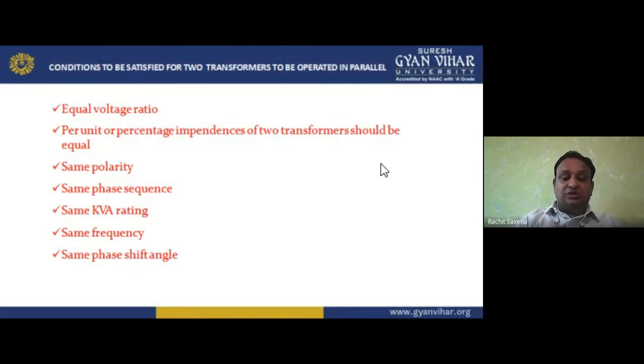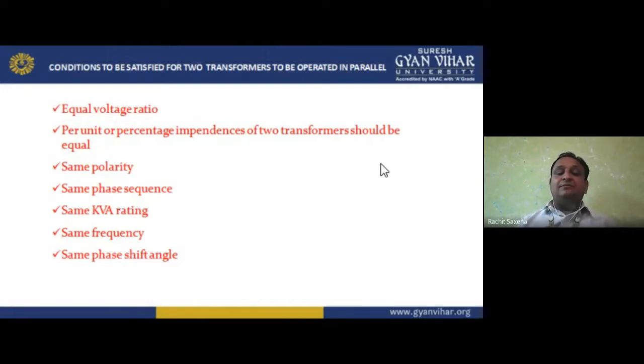Now the same phase sequence. If I am talking about, my dear student, if I am taking an example of three phase, whereas here I was talking about single phase. In three phase, R by B is there, and R by B is there, meaning red and blue, and red and blue. So the phase sequence will remain the same. If it is changed, we will have a negative voltage in one phase. And if I'm talking about single phase, so phase neutral and neutral phase. So the connection should be phase to neutral, not neutral to neutral, not phase to phase. Okay, so this is the phase sequence.